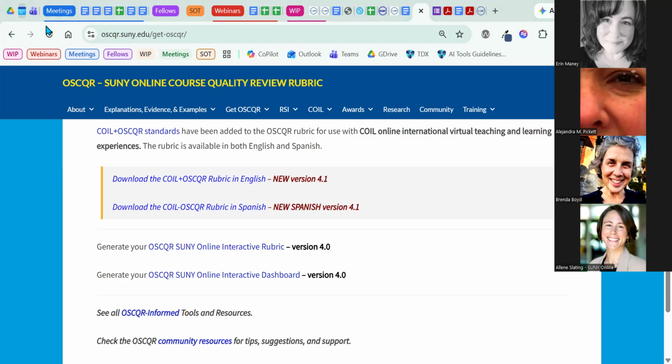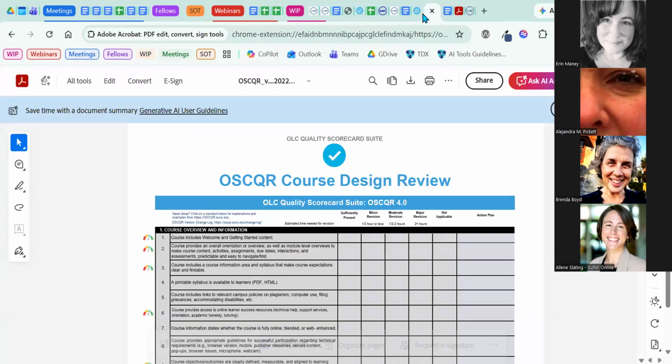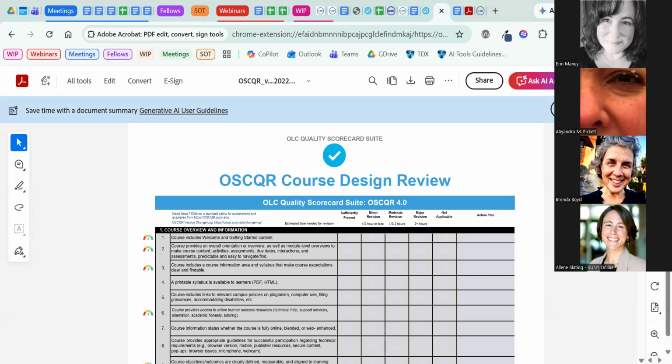So it'll give you some interactive components. It's just like the PDF version, only it has extra tabs and some interactive components to it. The main interactive component is that it aggregates from each of the tabs all of the feedback that gets put into it. So if it's just an instructional designer doing the review, that's all that'll go into the action plan. If it's multiple people, then anything that anyone puts into the interactive version of the rubric will go into the action plan. So the action plan aggregates all the feedback.